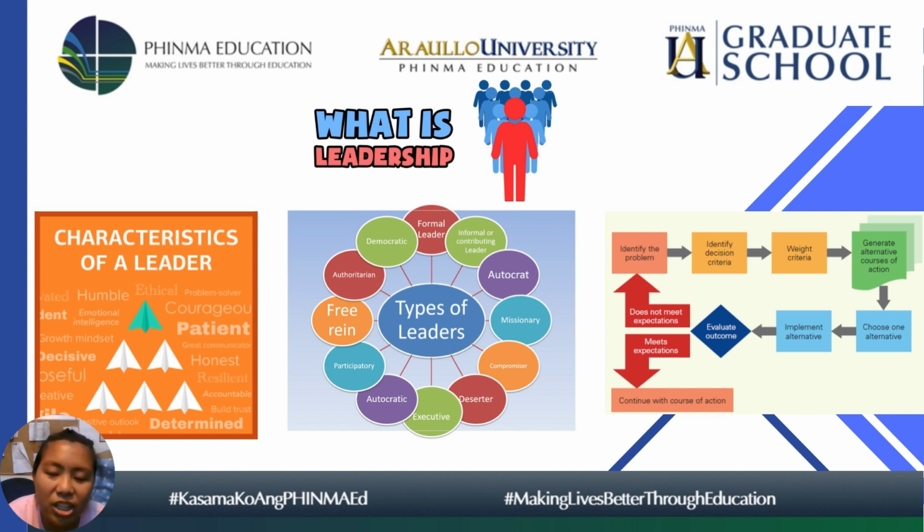what do we mean by a leader ba? Okay, so according to Lord Isabel, a leader is a person who influences the group to follow the course of action he advocates. Hence, when we are talking about leadership, it is the act of influencing a group to follow a certain course of action. So we have here the different qualities of a leader. According to Kagan and Haveman, okay, leadership traits consist of persistence, dependability, self-confidence, popularity, good speech, and participation in the activities of the group.